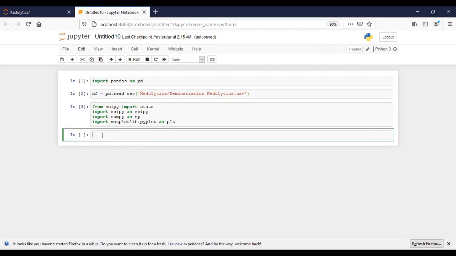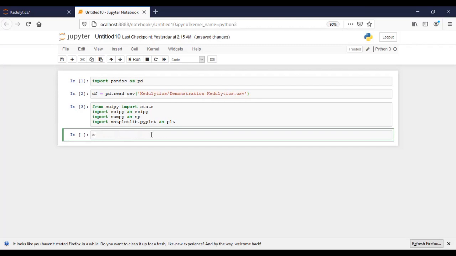So after importing the libraries, the next thing is to first run our QQ plots. So we want to see visual inspection by drawing our PP plots to see how the data looks like. So we are going to type this code stats.probplot into brackets. Here we are going to define the data frame. So we want these plots for a particular variable,